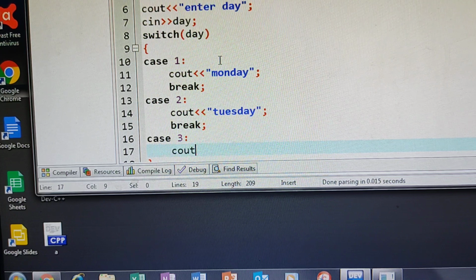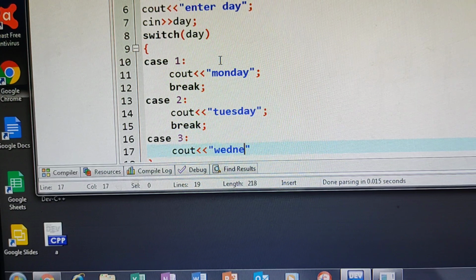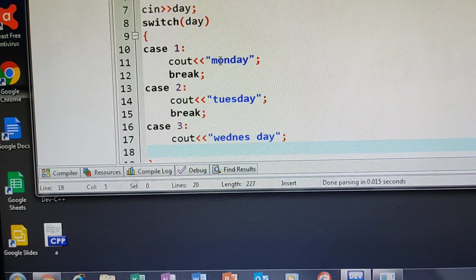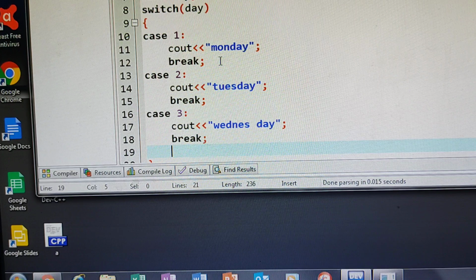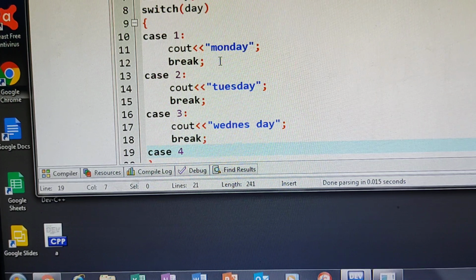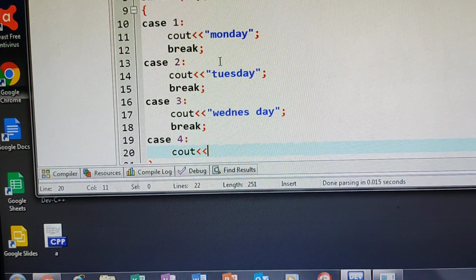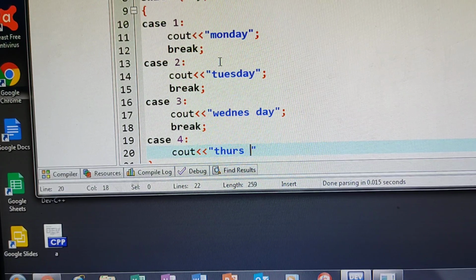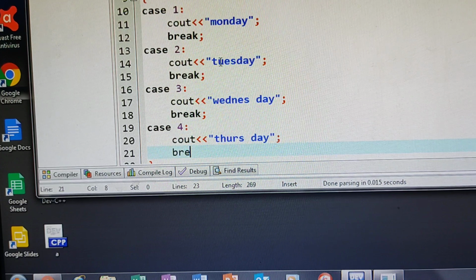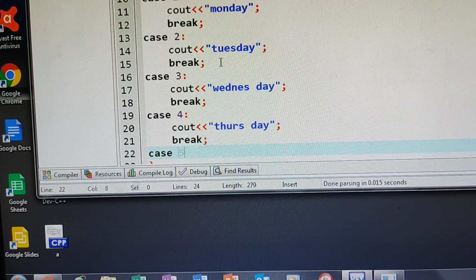Case 3, here I am giving cout. Case 3 means what actually? It's a Wednesday. Break. Now I am giving case 4. Cout, Thursday. Break.